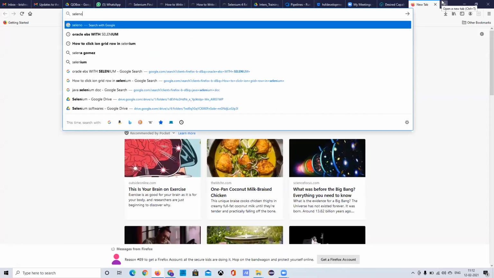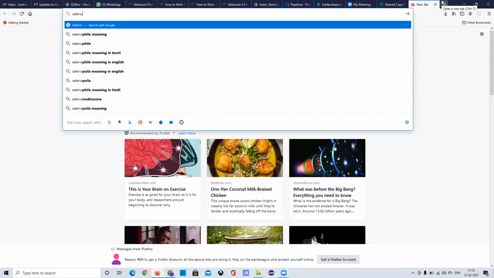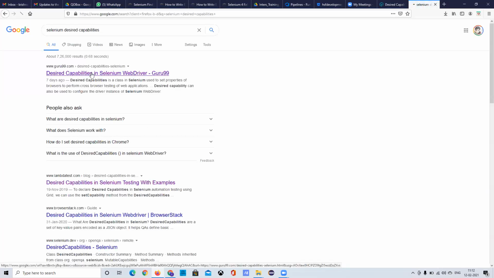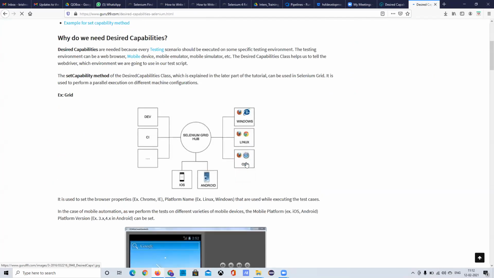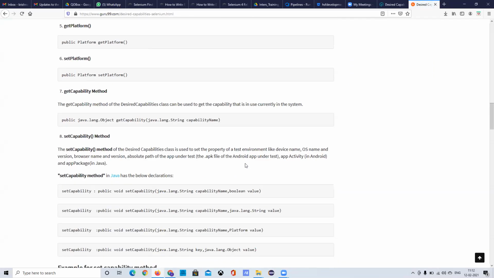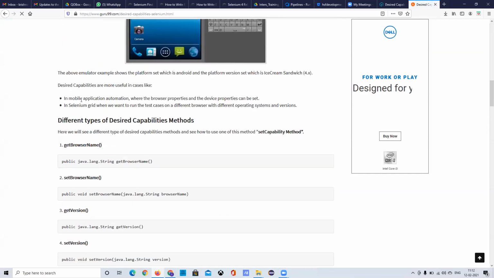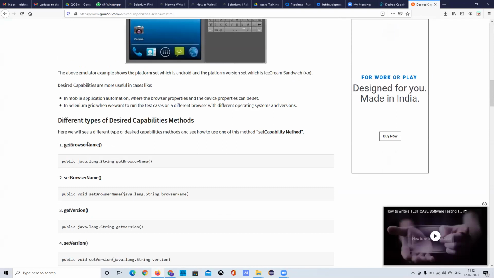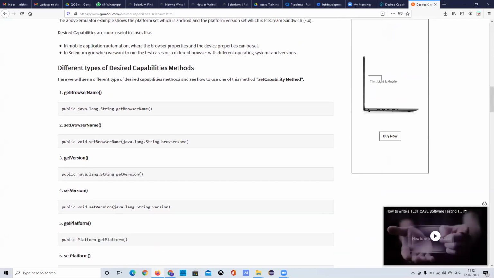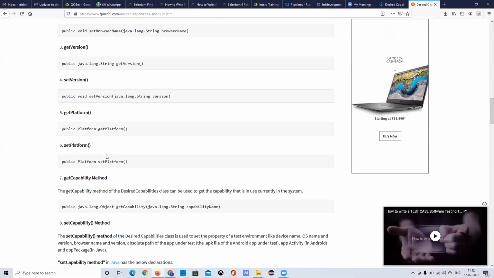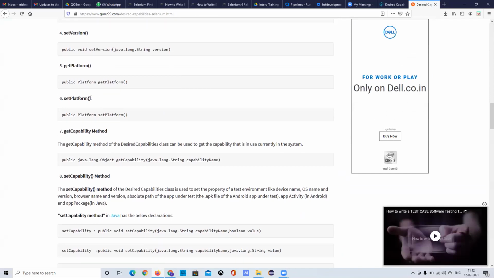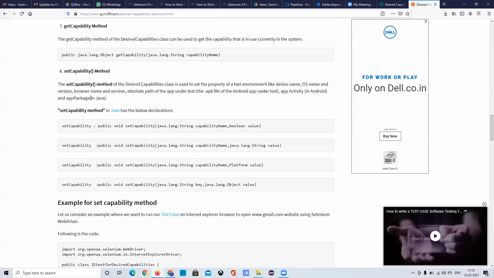I can search for Selenium desired capabilities, and if you click on it, we can see the list of capabilities. You can set the browser name, whatever version you want, and the platform you want to set. The platform is nothing but Windows, Mac, or Ubuntu. So those are the things we are doing.